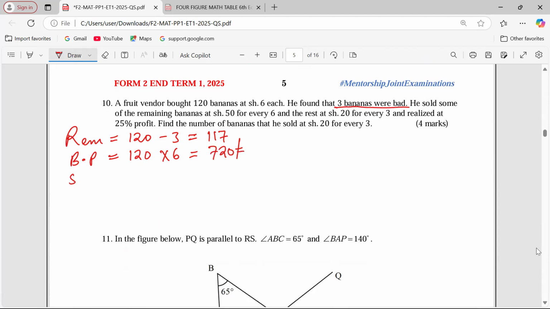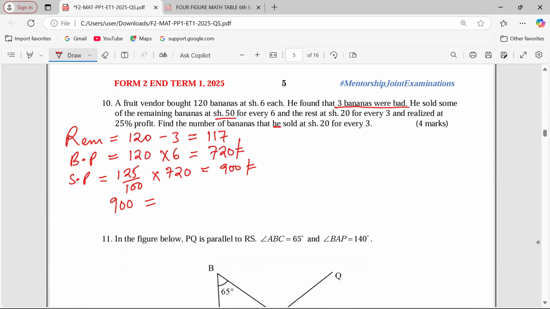Then we can also say the selling price, now that this businessman, sorry, he bought. The businessman is realizing a profit of 25%. That means the total selling price is 125% of the initial buying price. This is giving us exactly 900. So at the end of the day, he sold everything at 900. Now, how did he realize 900? So 900 is gotten from, he sold the remaining ones